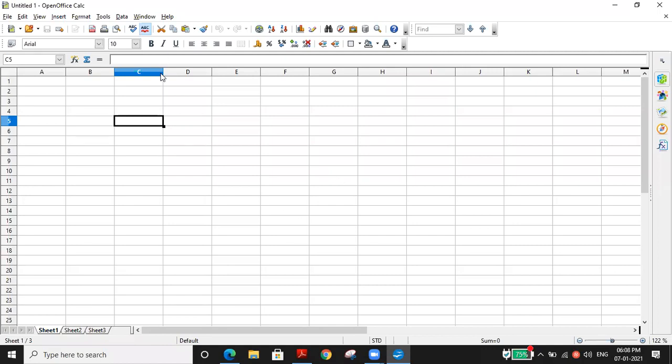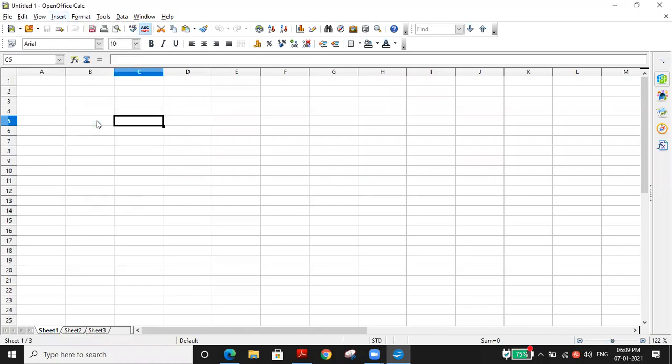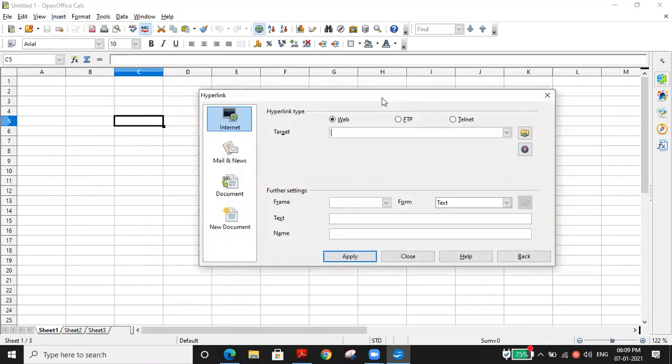So in this cell, I'm going to create a hyperlink. For that, we need to go to the Insert menu. Can you see this Insert menu? Just click the Insert menu, you can find one option called Hyperlink, correct? Just click the Hyperlink option, then the Hyperlink window will open. There are 4 options.